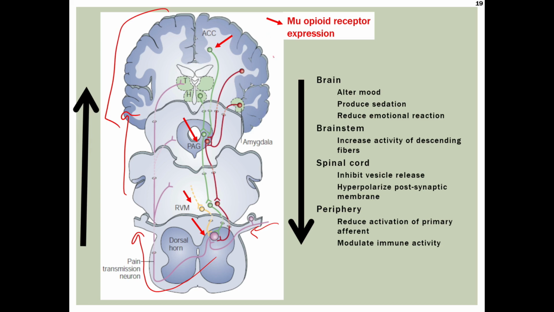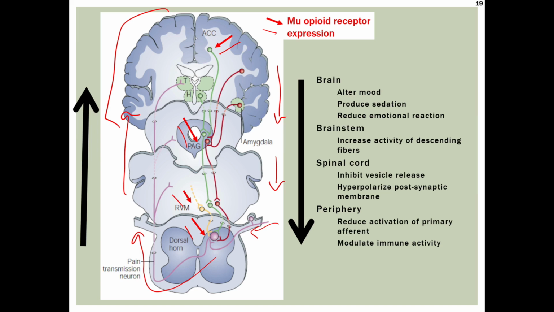And then there's information that is sent back down through what's known as this descending pathway. The points where these red arrows are shown are all areas where there is mu opioid receptor expression. The mu opioid receptor is probably the more abundant one and plays probably the most important role in modulation of